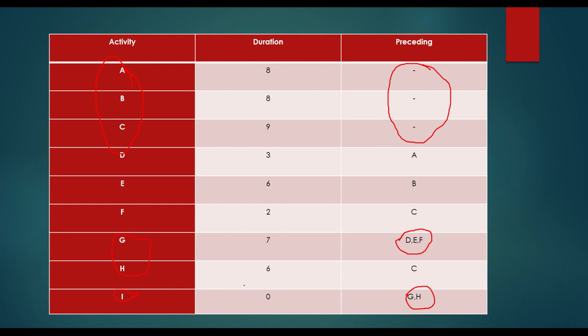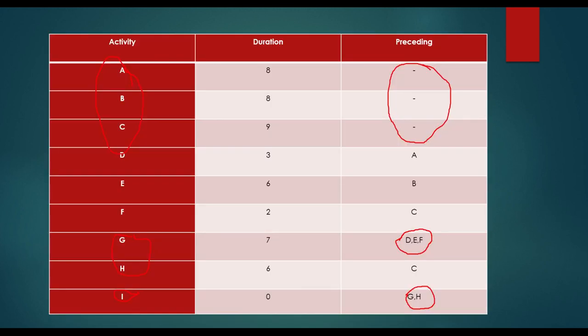So let's see how we can make a network. Okay, so here I'll make a network. Now you see that for activities A, B, and C. So now, if you remember, I discussed with you that activities should be written on arrows, right? So here events are not given to you, activities are given to you, and activities should be marked on arrows, right? So for A, B, and C, there is no preceding activity, right?